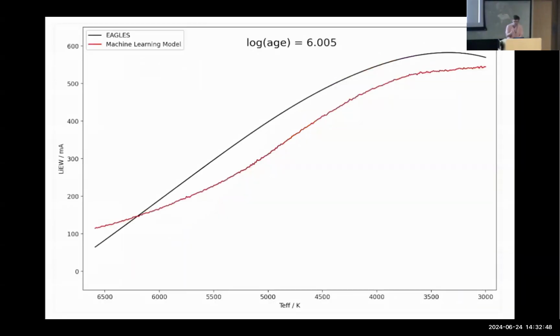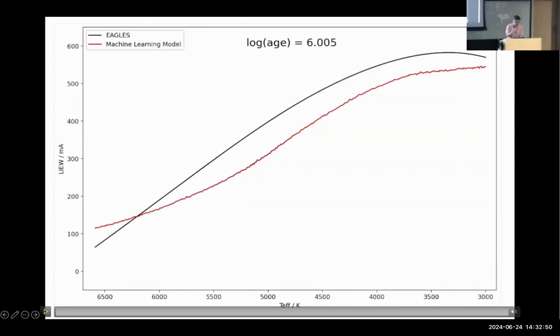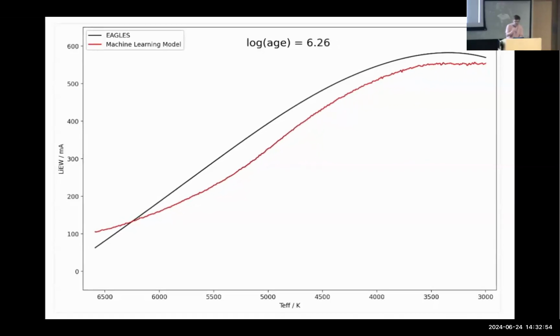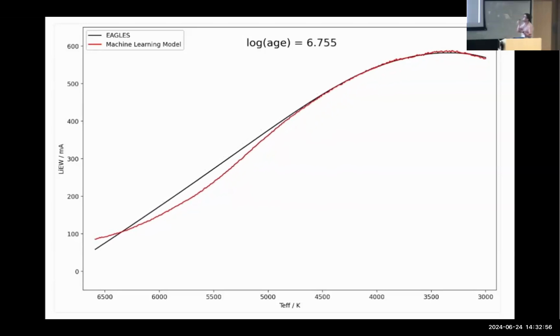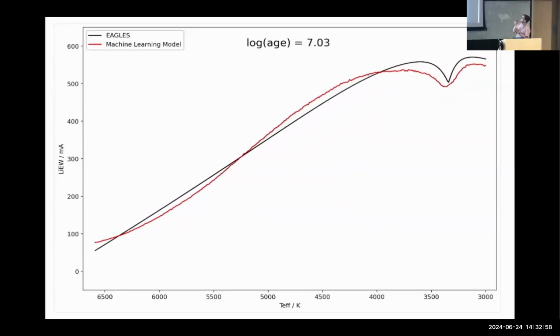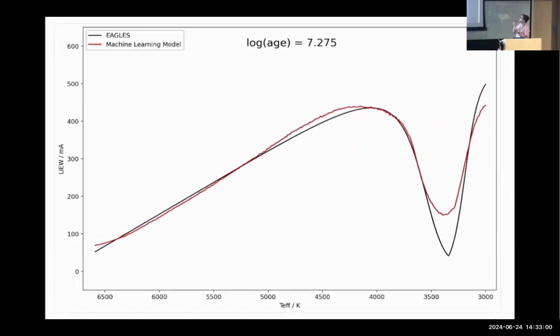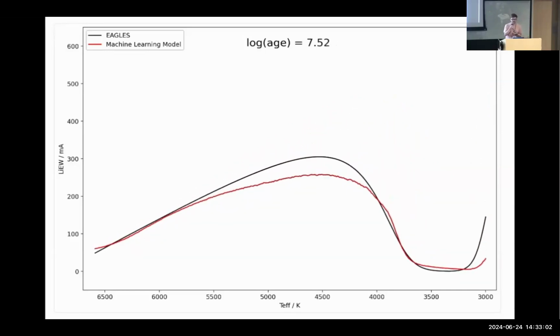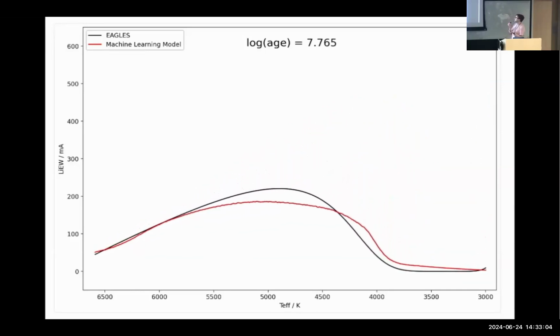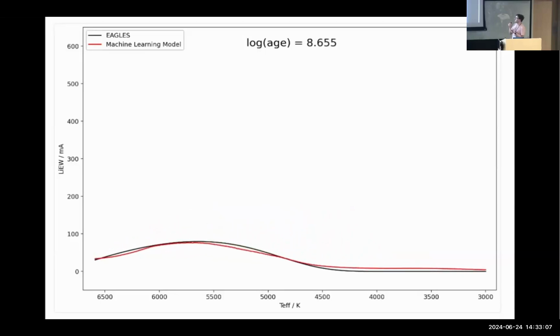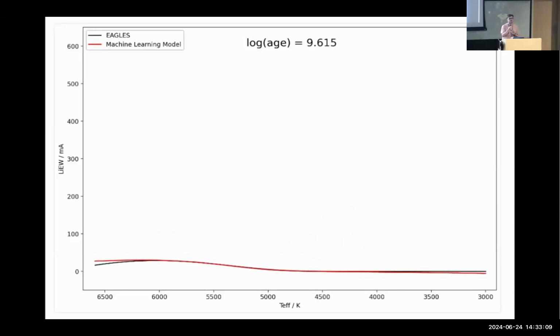I'll show that on a quick video here of all of our isochrones. We've got the initial model in the black line and our new artificial neural network model in red. You see we increase at first. We have our dip, again not quite as constrained, more flexible, moving slightly from left to right. We've got very similar isochrones, but that additional flexibility is giving us better fits.